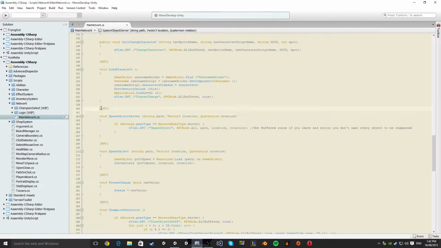There's two new RPC calls we're going to do. We're going to have one called spawn object server, and then we're going to spawn objects. So what happens is, whenever you want to spawn an object,